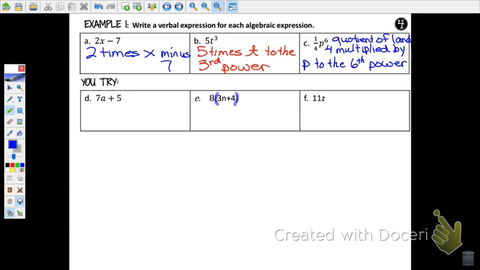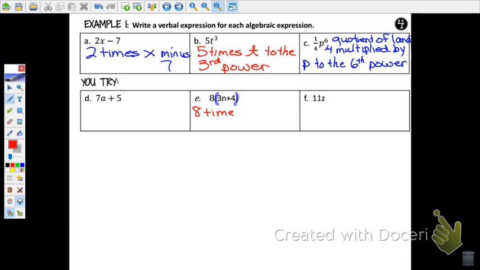Those parentheses are there for a reason, and we need to make sure that when we write our expression that we are including that idea of those parentheses. So, for example, what I can do with this one is I can start out with 8